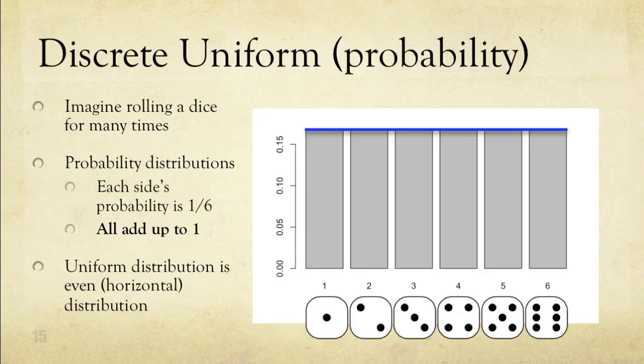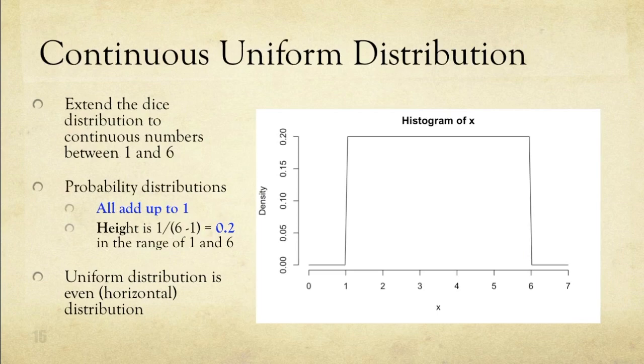So far, these are discrete distributions, but we can extend this to a continuous distribution. If the outcome is no longer limited to 1 or 2 or 6, but rather can be any number in the range of 1 and 6, we can still have a uniform distribution here with a flat line in the range of 1 and 6. And again, when we add all the probabilities together in the distribution, the total should still be 1. But because this is a continuous space, we're talking about an infinite amount of values here. The outcome can be the value 3 or a decimal number